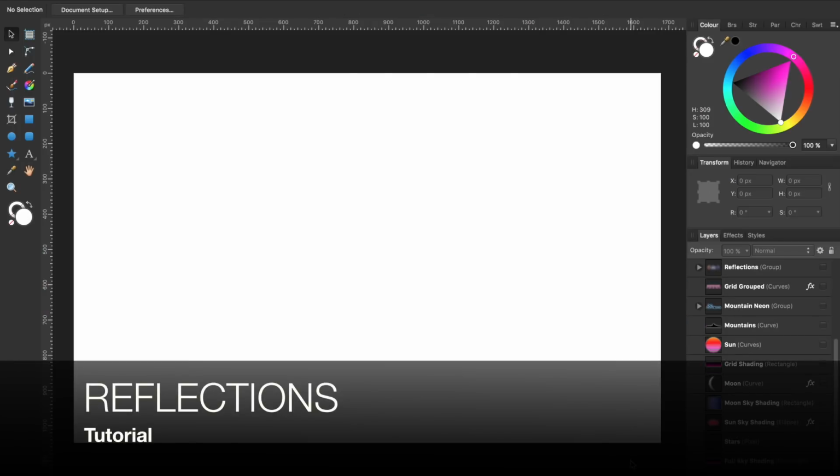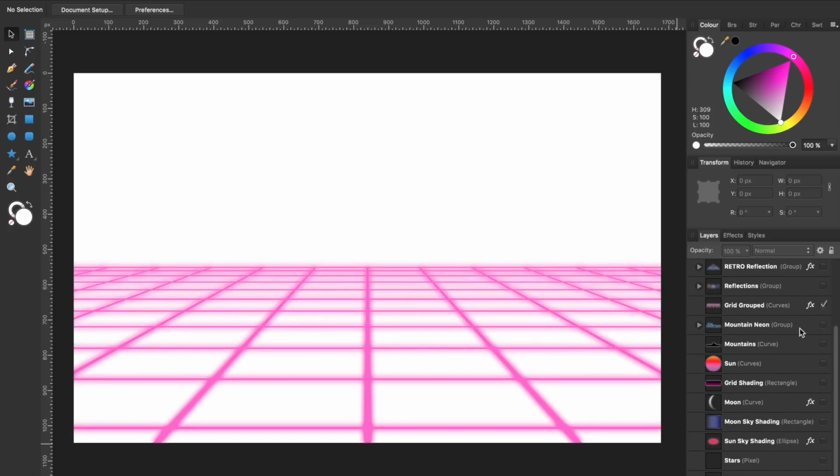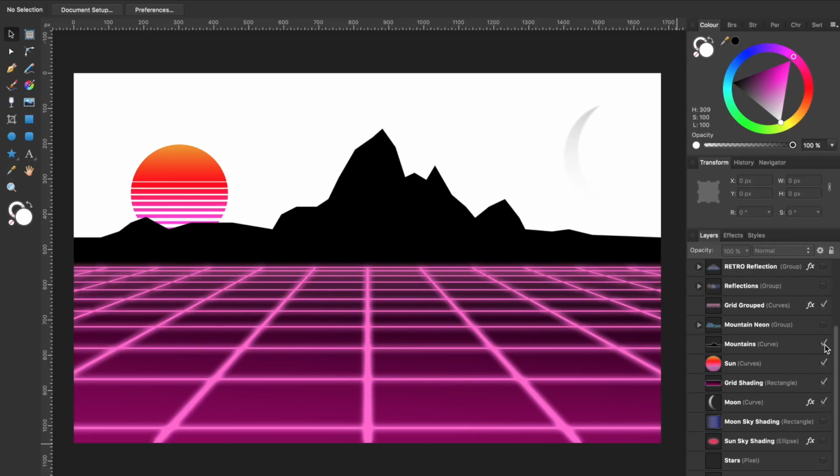Let's go over the elements we have made already. So to start with, we made a grid. Then we made the shading that goes underneath the grid. Then we made a sun and the moon. And then we added black mountains. And we also added that cool neon effect.